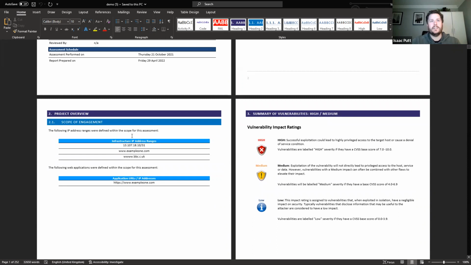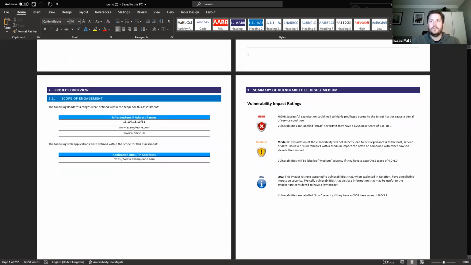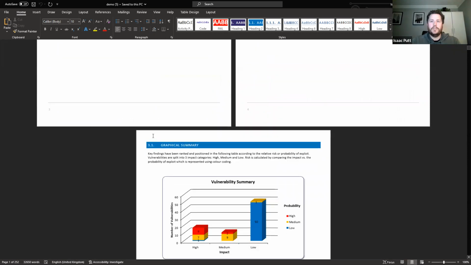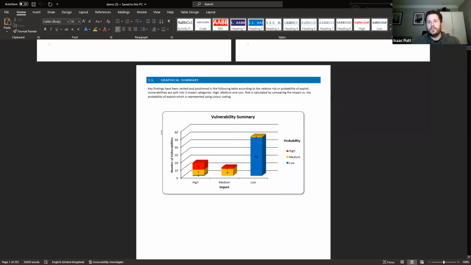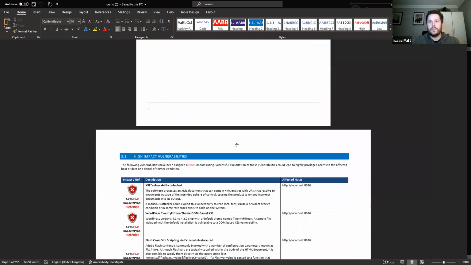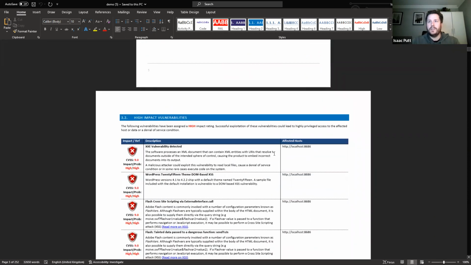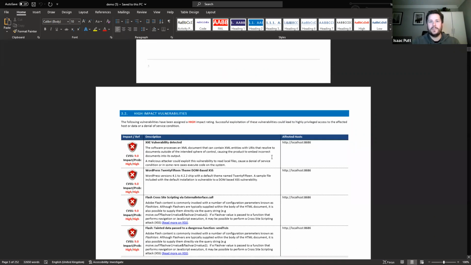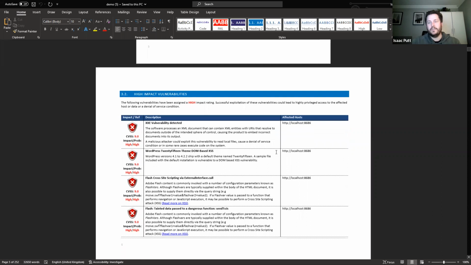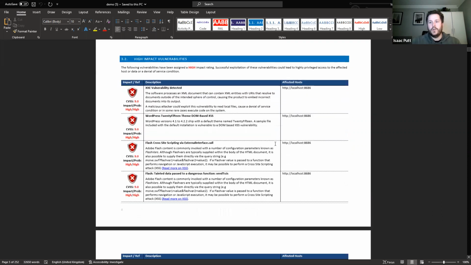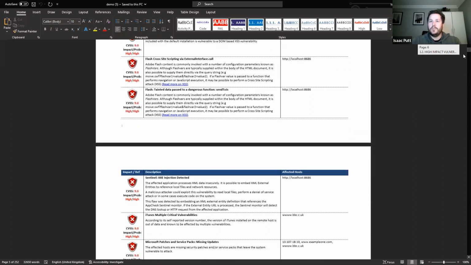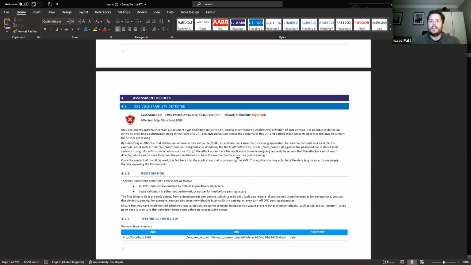But in reality, it tells you what actually was included in the scope of engagement, what the impact ratings actually mean. And if I just scroll down a bit further, we've then got a graphical summary of all of the vulnerabilities found, as well as all of the CVSS scored vulnerabilities. So if you've seen manual pen test reports in the past, I'm sure this will all be very familiar to you. For those that haven't, you can do this at a click of a button to produce your own reports of what AppCheck's actually managed to find. And if I go that little bit further, the remedial guidance is provided for you in here.